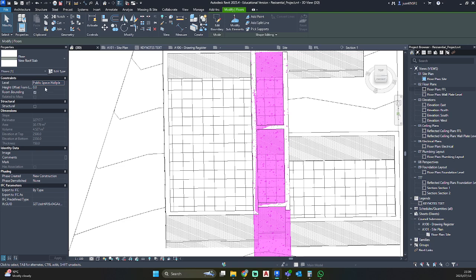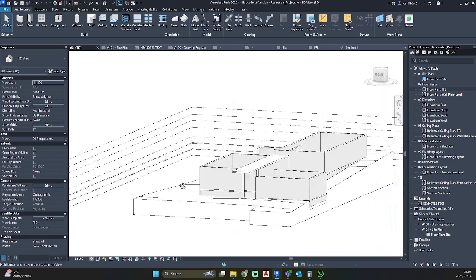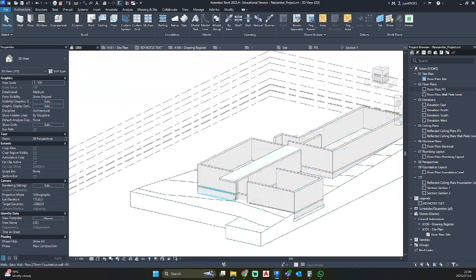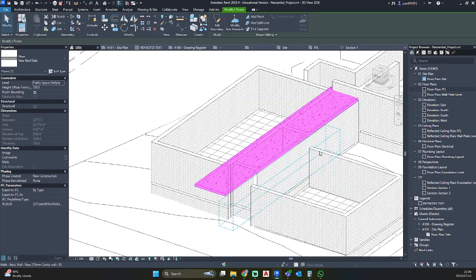So now we just need to create a height offset of 150 for that floor slab so that the bottom, the soffit of that floor slab, is at the 2.5 meters height. So hit enter, move it over, and there we have our nice entrance canopy with our concrete roof.